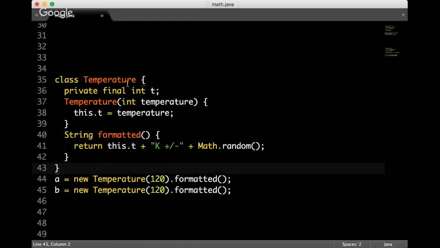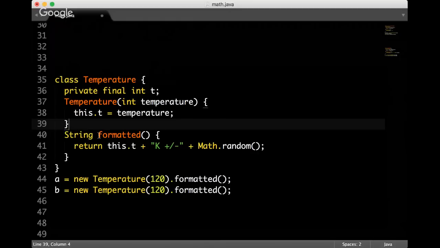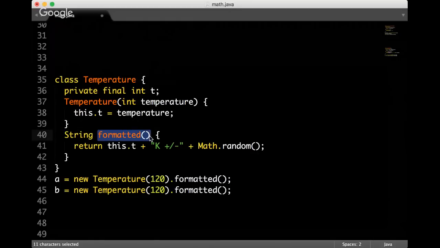We still don't change the value in here. We still don't touch the encapsulated attribute. We don't allow anyone to change it. We don't have any setters. But the result of this method is always different. Every time we call it, it returns something else. I think that this is still an immutable class, but it's not a constant anymore.